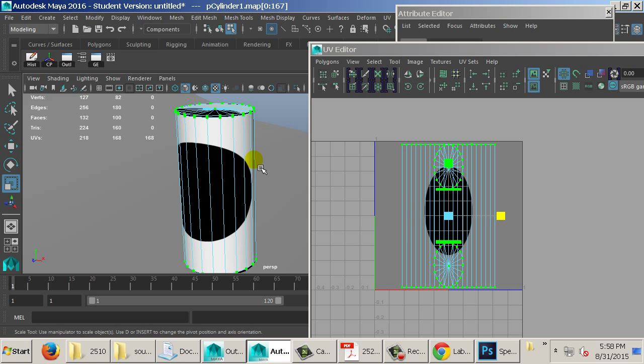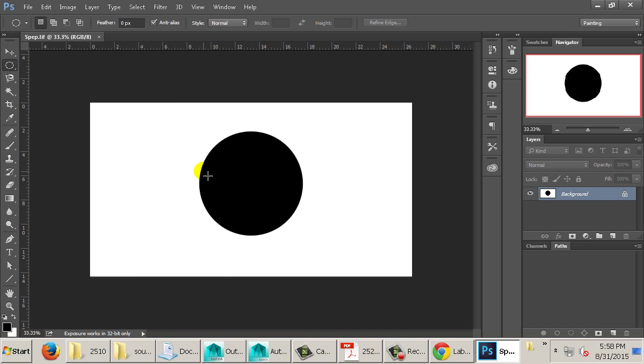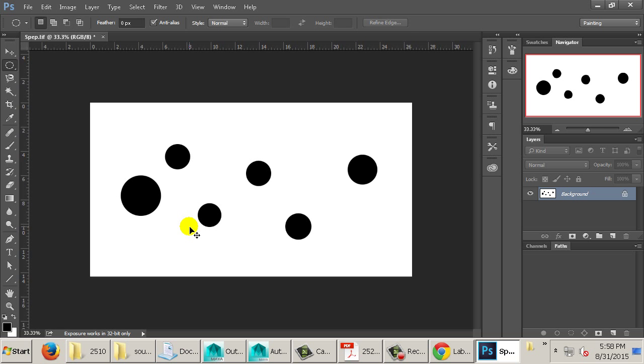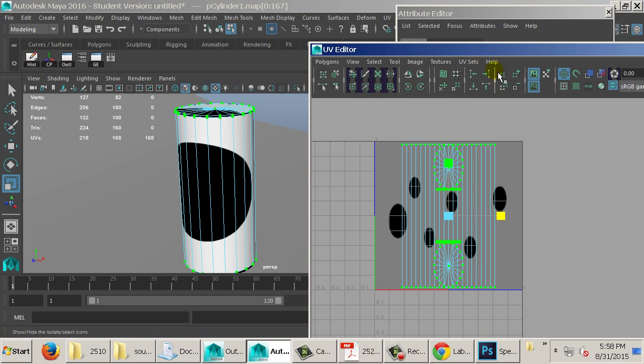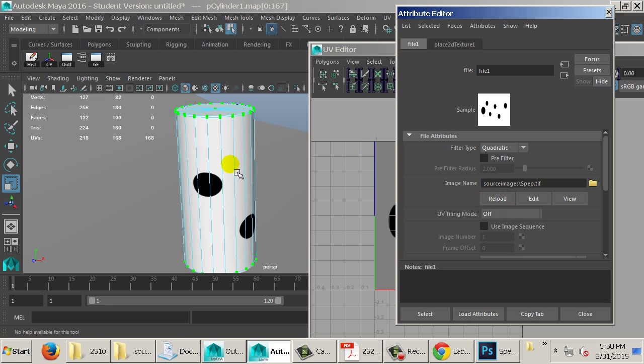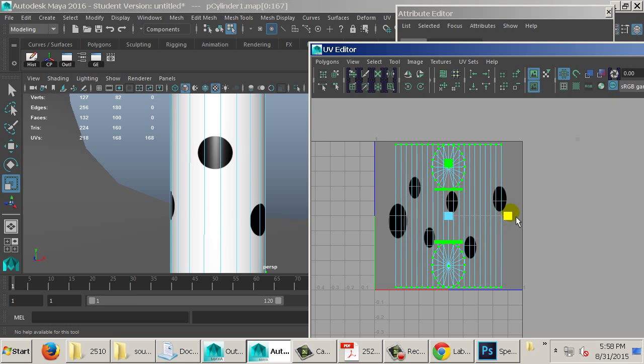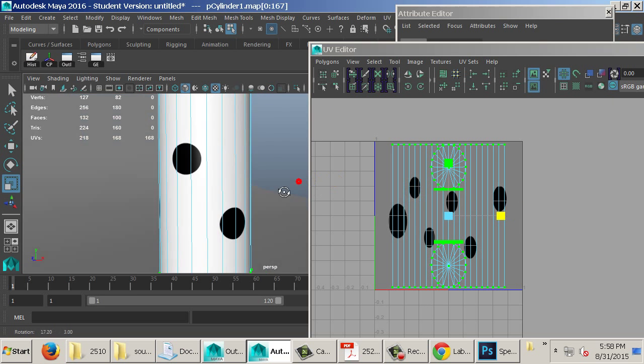So let me jump back into Photoshop. Let me make that circle smaller. I'll actually make a couple circles. Okay, and I'll jump back into Maya. I'll reload my texture. And so now I can kind of look at these individual circles and say, there, that